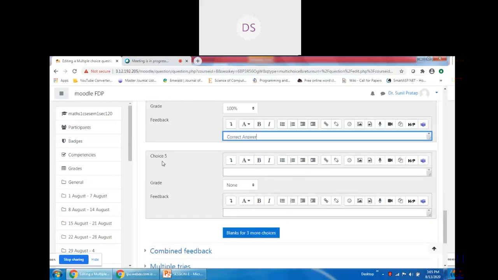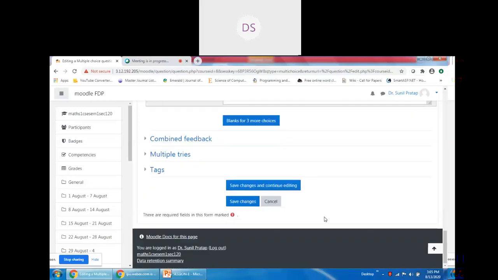Suppose you want to have more choices, 6, 7, 8. By default, the Moodle environment provides you 5 choices, and by clicking on this blanks for 3 more choices, you may create 3 more choices, so you will get 8 choices. Thereafter also you can create more choices. Okay.